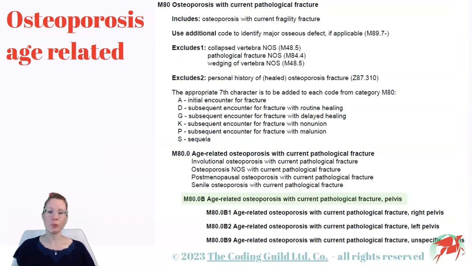We have 42 new codes to better define osteoporosis with pathological fractures. The reason for this change was that pelvic fractures could not be properly identified in the previous code set. They were categorized to osteoporosis of the thigh bone, the femur, which was anatomically incorrect. The new codes are